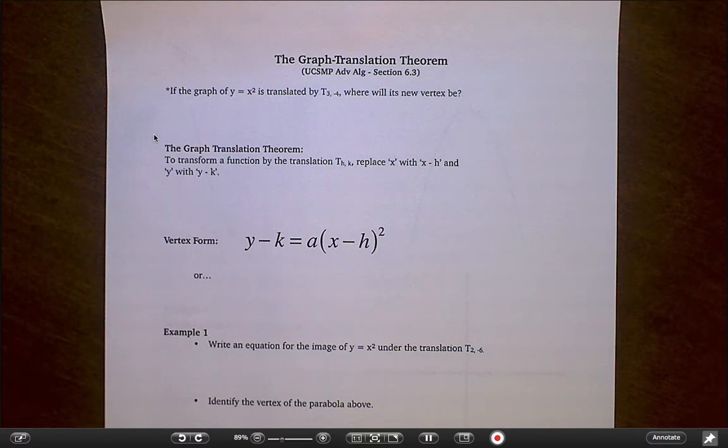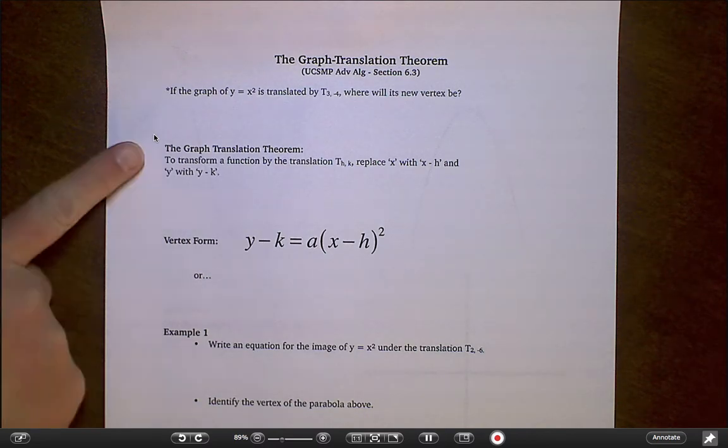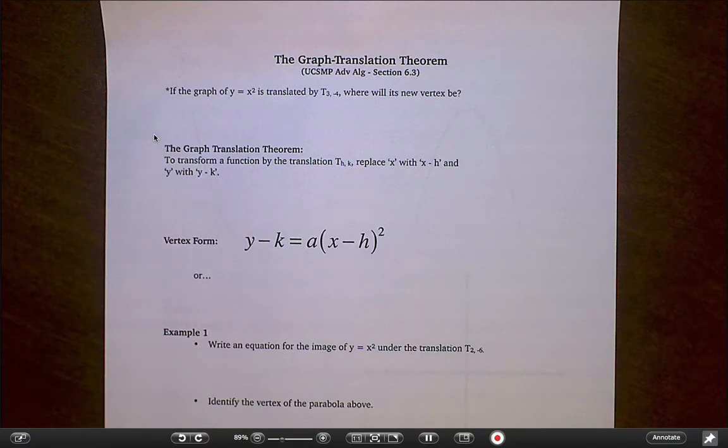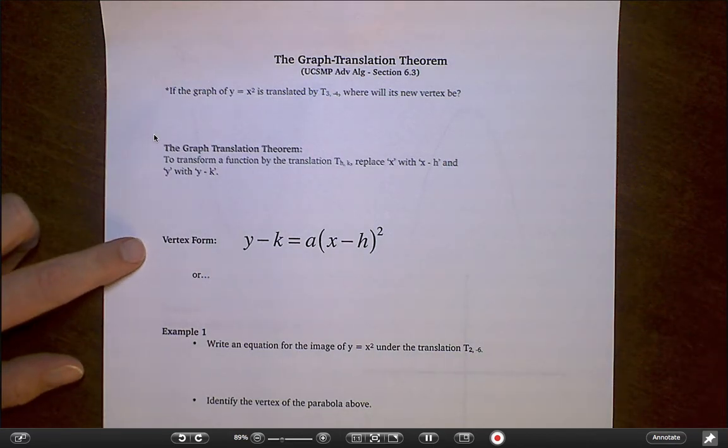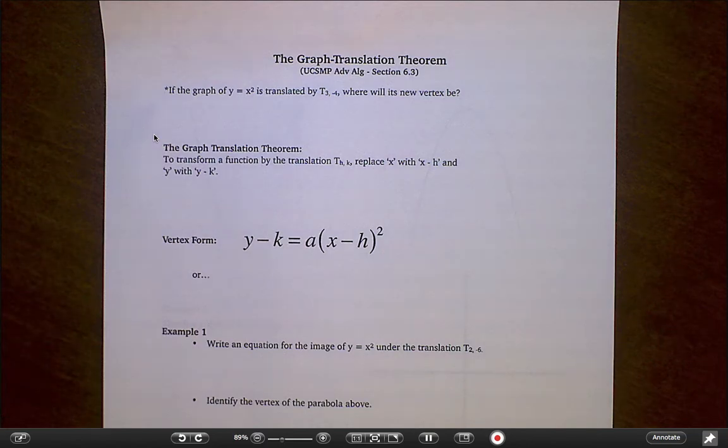Everyone. This is lesson 6.3 from Algebra 1A, and technically the title of this lesson is the graph translation theorem, which you can see we're going to be talking about a theorem here. But really, big picture wise, the important thing to take away from this lesson is how to work with quadratic equations in vertex form. This is where I feel like chapter 6 really gets started in terms of talking about